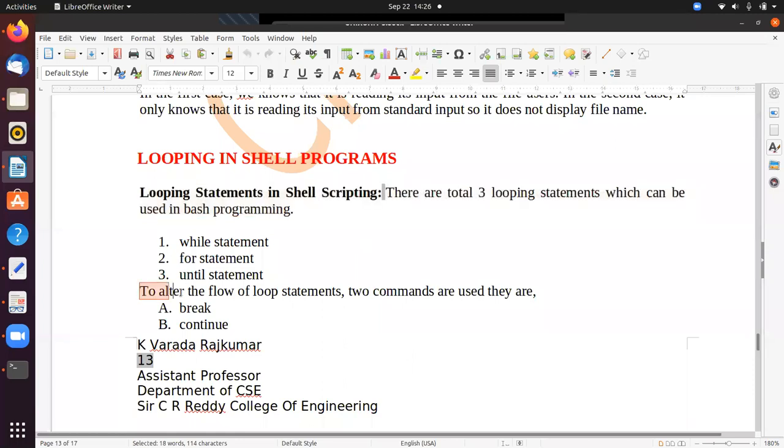And to alter the flow of the loop statements, 2 commands are used: break and continue. We call break and continue unconditional statements, and we also have goto in C. But in shell programming we don't have goto. So one is break, another one is continue.